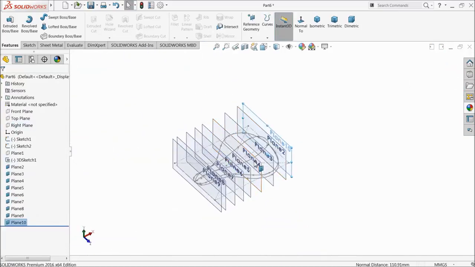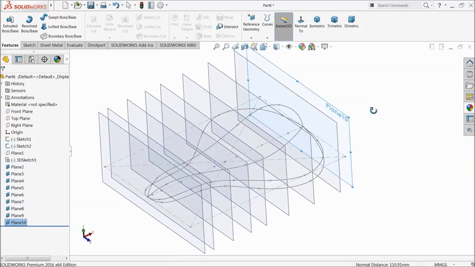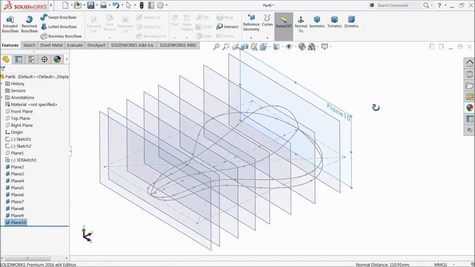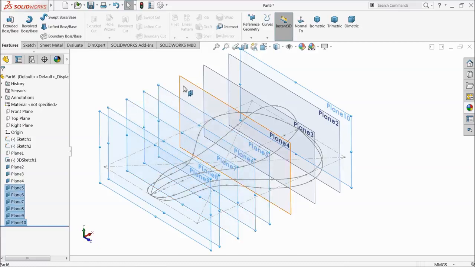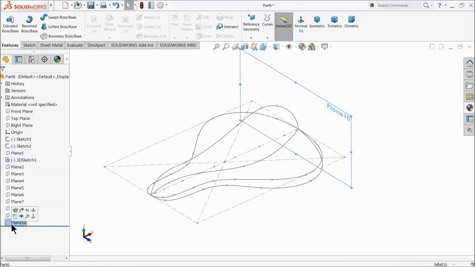So we created I think 8, 9, 10 numbers of plane. Now so let's start with I'll select all the planes, hide, 10 numbers, plane choose,